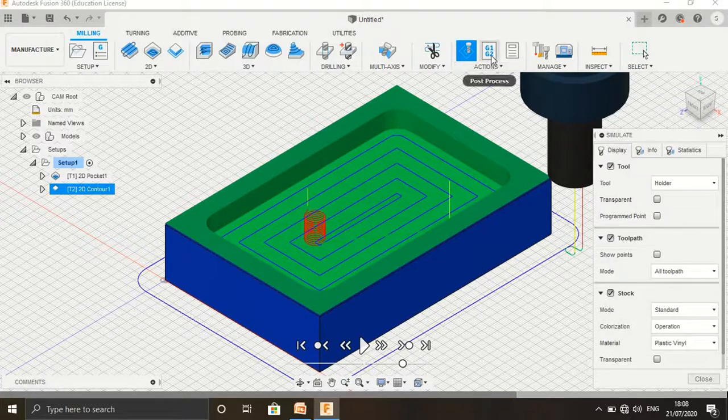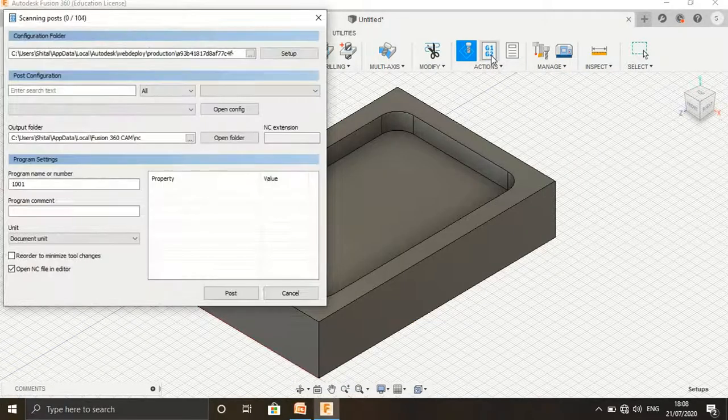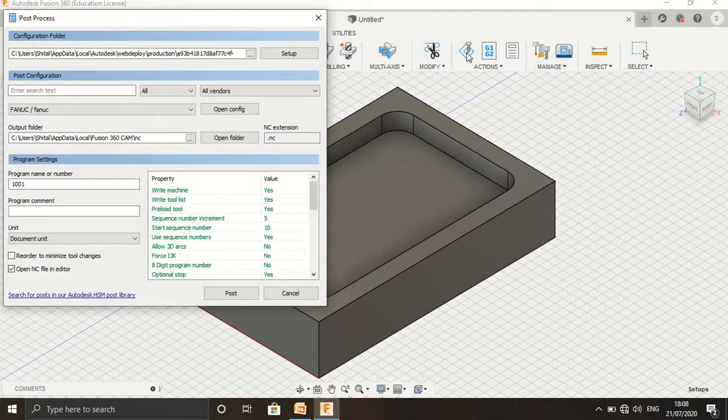After completion of that comes the post processing part. You can select post processing near the actions. We have to generate the program. A number can be given, and a name, or we can keep it as it is, and the location is given.